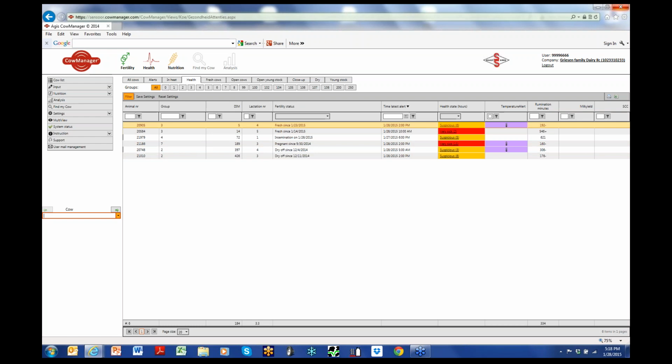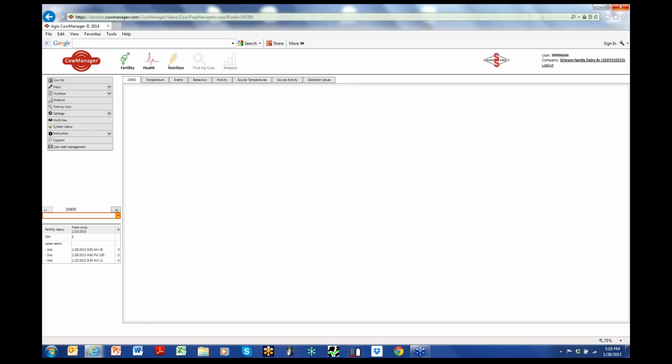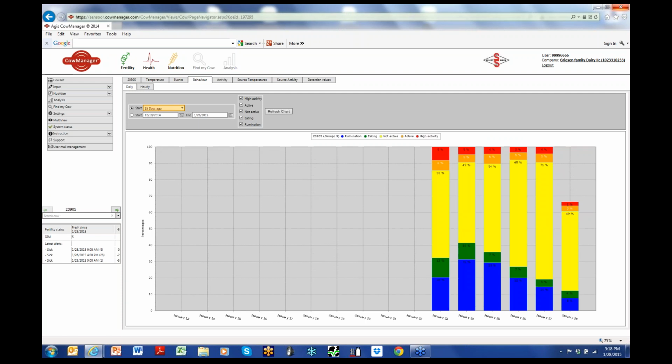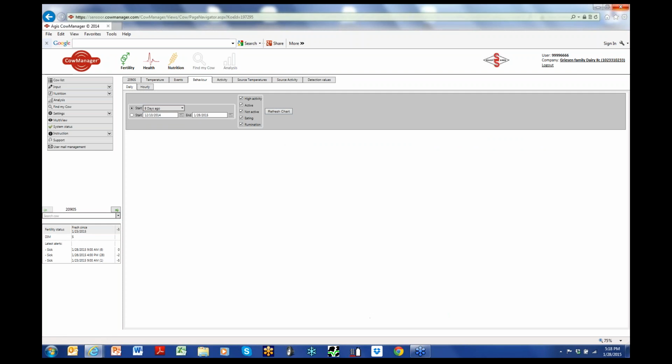So the first cow, cow 2905, is 5 days in milk, 4th lactation. She's in group 3. And now we'll go to the behavior. So clicking the behavior, we have hourly and daily, and you can see this cow's only had, she's 5 days in milk, and they put it on the day before calving. So we'll use a drop-down box and go look at just the last 8 days. Your options are 8 days, 15 days, 25 days, and 50 days. So if we look at the last 8 days and hit the refresh,